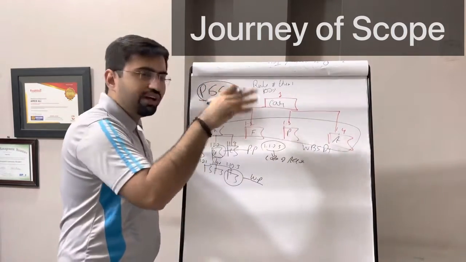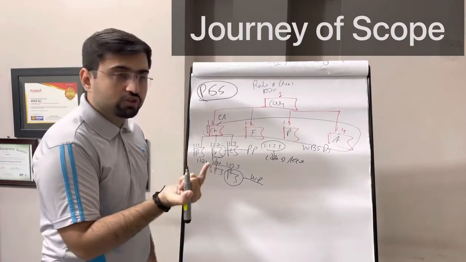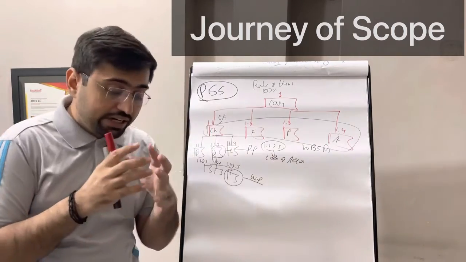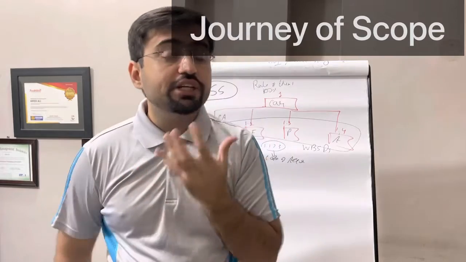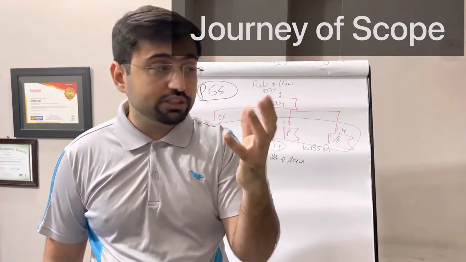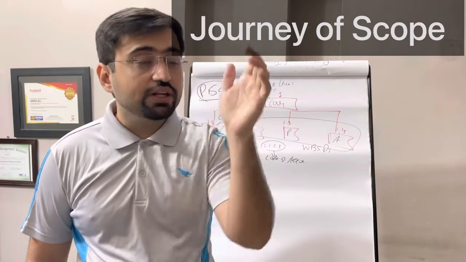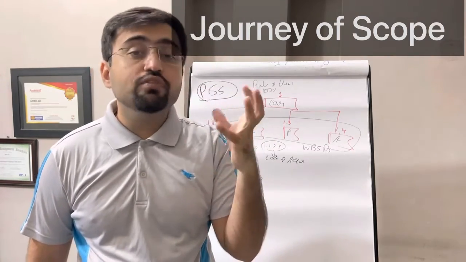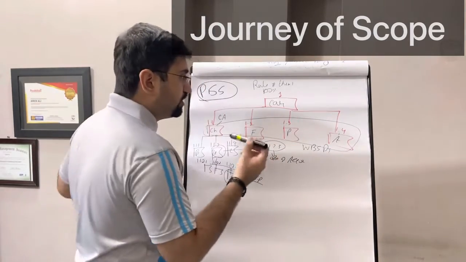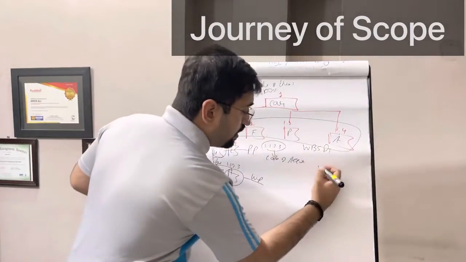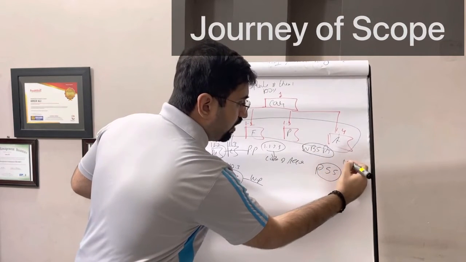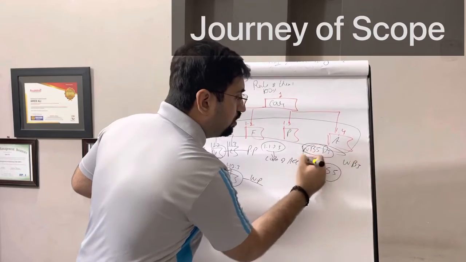Okay, so we have a lot of information here. Project scope statement, WBS. The project scope statement is the entire work you have done. The hierarchical breakdown of the structure is the work breakdown structure. These numbers are called code of account. Then we have work packages, and then we have the work breakdown structure dictionary. This mixture of project scope statement, work breakdown structure dictionary, and work breakdown structure